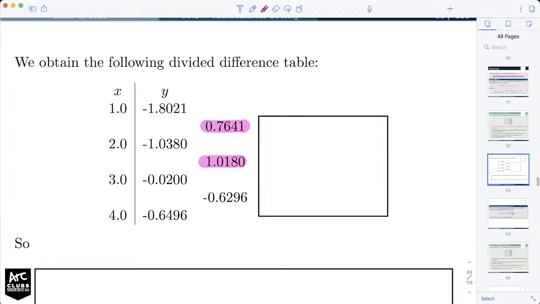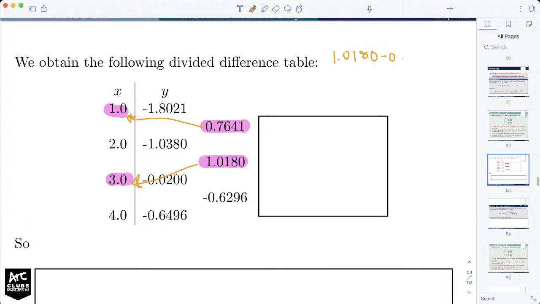So we're going to be looking at these two values here. Just this time on our denominator, we'll be doing 3 minus 1 instead of 2 minus 1 or 3 minus 2. And how I look at it is a bit of a shortcut, but you just look at where these numbers line up in terms of the x value. And this is why we set up the divided difference table with these gaps, because it works really nicely. So, for example, to compute that first divided difference there, we'll just do